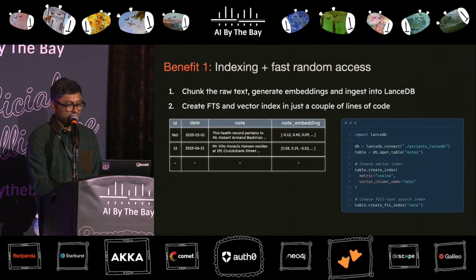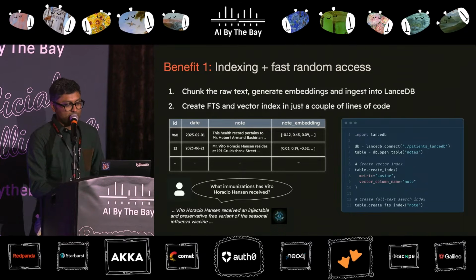All of this is done in just a few lines of code. You have a Python example here: import LanceDB, connect to a local or a cloud database, create a new Lance table, and proceed to create a vector and full-text search index in just a few lines of code. So the ease of use and the pace with which you can get building is the key point to take away here. What we get out of this is the ability to do standard vector search, things like answering questions based on a retrieved context, which is the traditional RAG scenario that we are quite familiar with.